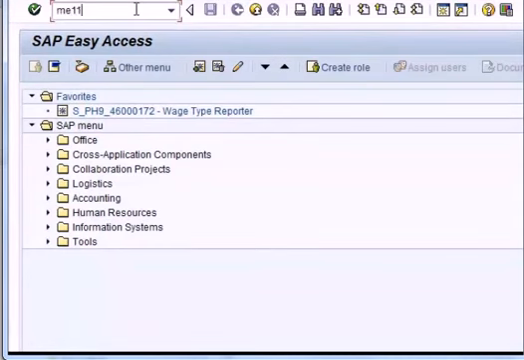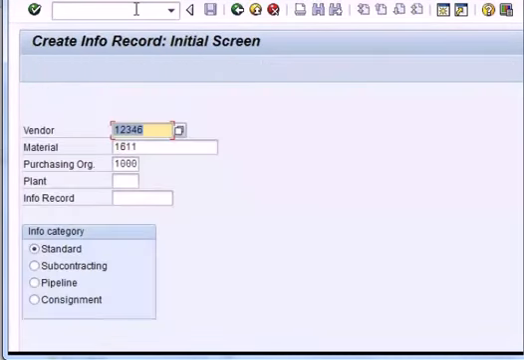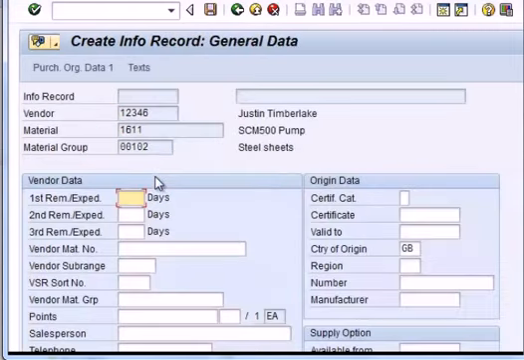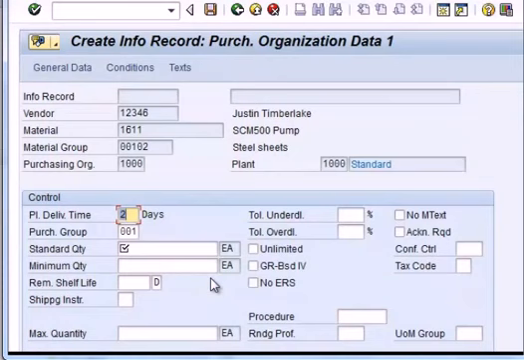To create a purchasing info record, the T code is ME11. You give the vendor number, the material number, the purchasing organization and the plant. Press enter and this takes you to the first screen, which is the general data screen. You can give some information as you feel necessary. Here the important information is the planned delivery time, which is 2 days, and the standard quantity which will be